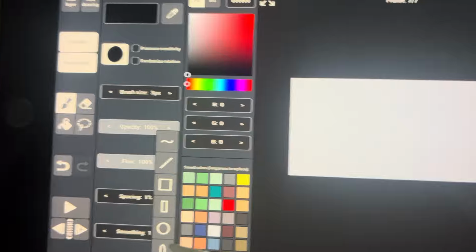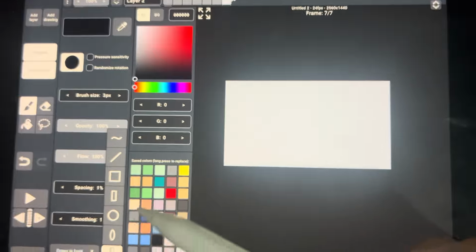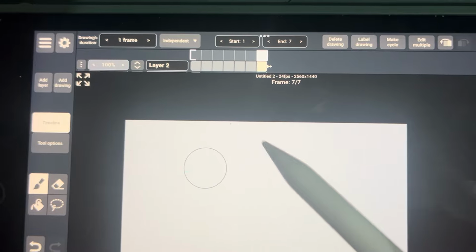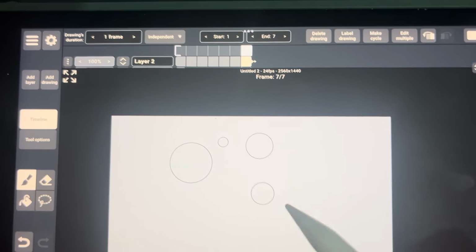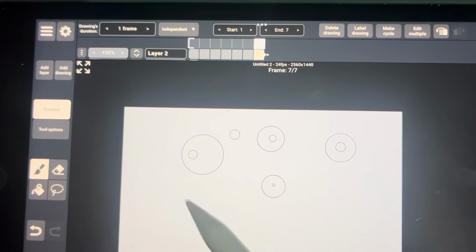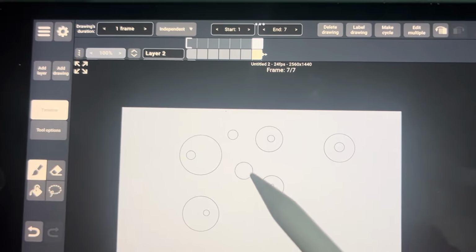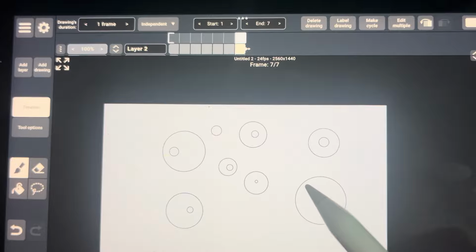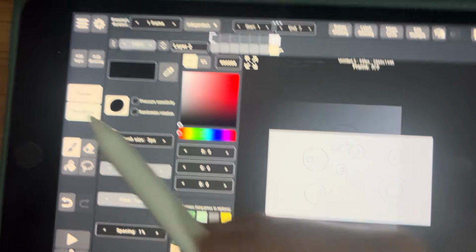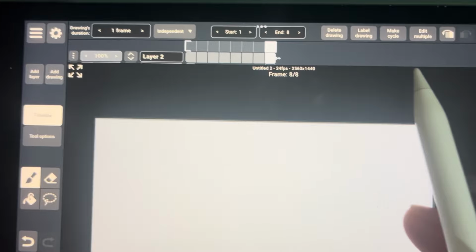Okay, and last, sorry, not last, second to the last is circle. You can use this for eyeball or details or wheels, you name it. And the last one is also circle but flexible.